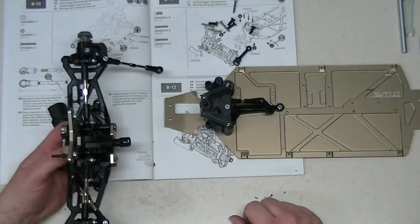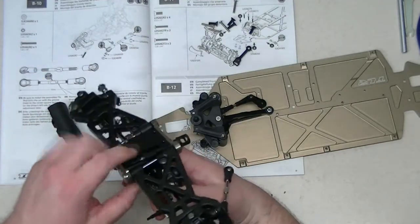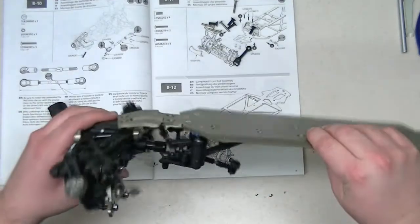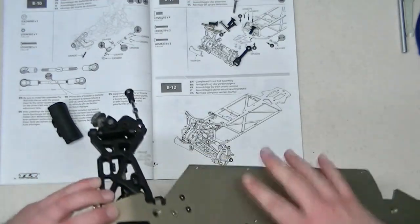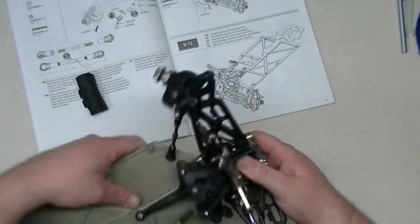But what we need to do now is get the steering arms out of the way. And you notice on the bottom, there is this nice little raised section. It goes into the hole here. And when you slide it in, kind of goes in and it will just drop in place. There we go. So once that gets in there,